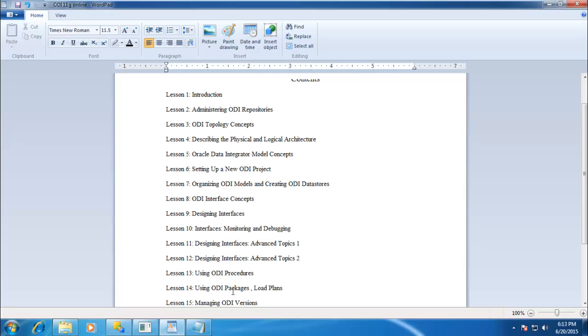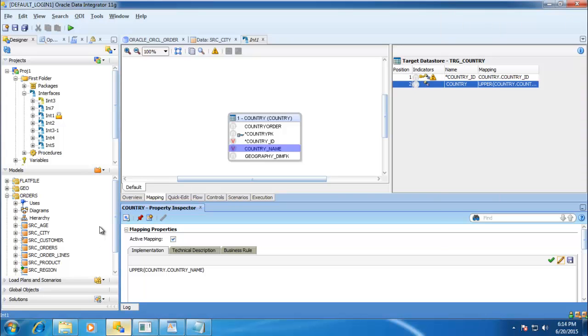We'll see the packages, and how we can define a package. A package is like a group of interfaces you can call in your ODI. For example, multiple interfaces can be called in a package.